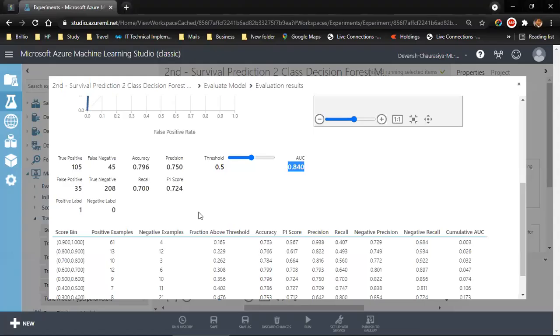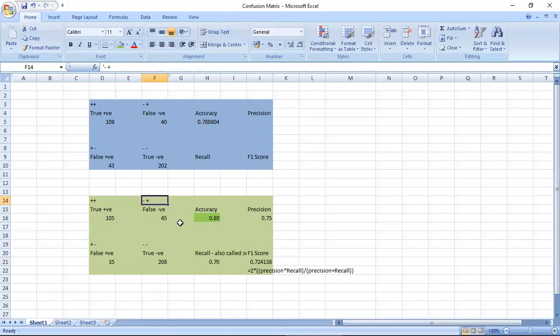False positive. False negative. And this is true negative. And this is true negative. Okay, so this is precision.